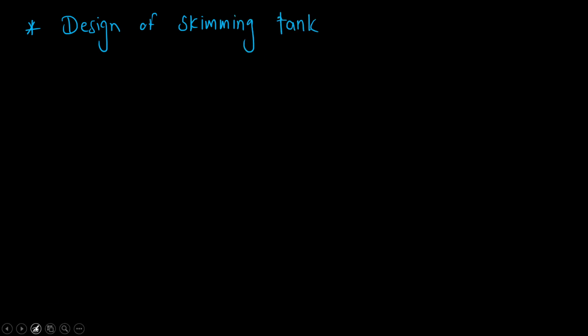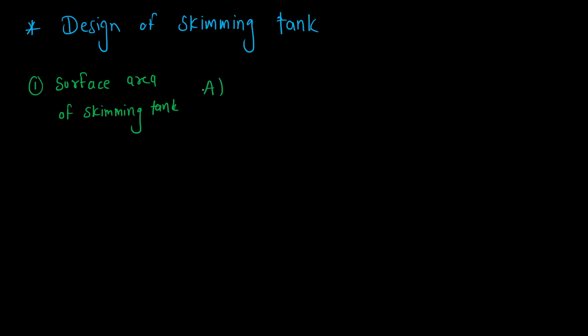The first formula is for the surface area of skimming tank. So let's say this is A, and this A is calculated as 0.00622 into Q divided by VR, where VR means liquid rise velocity,